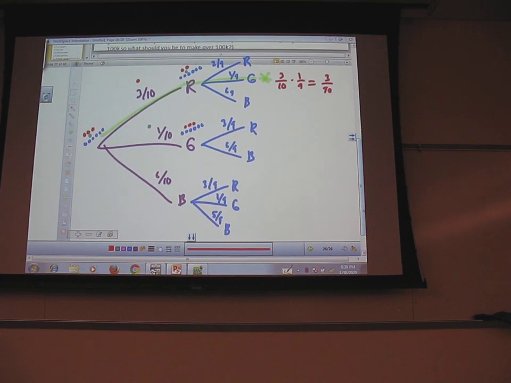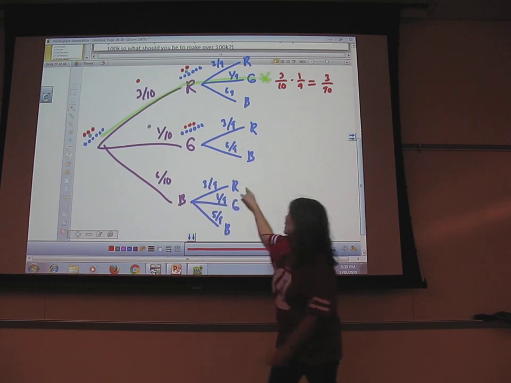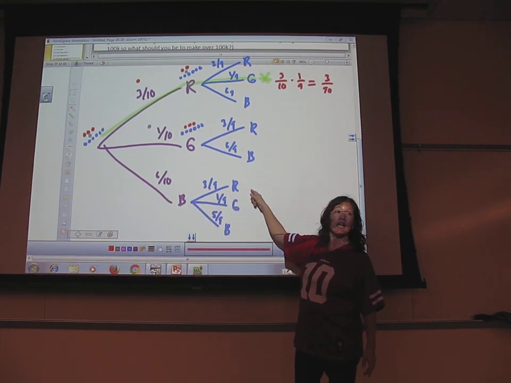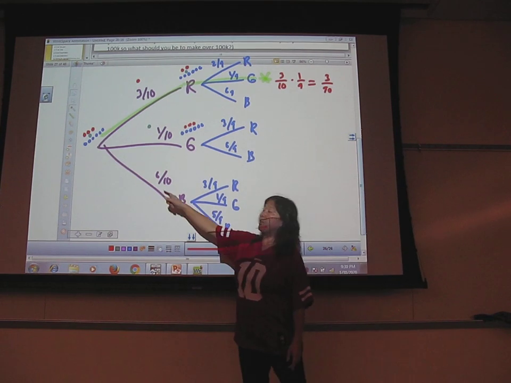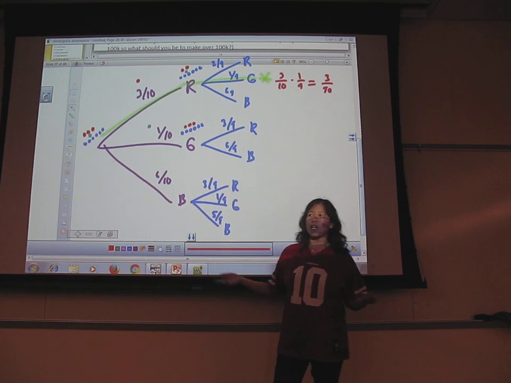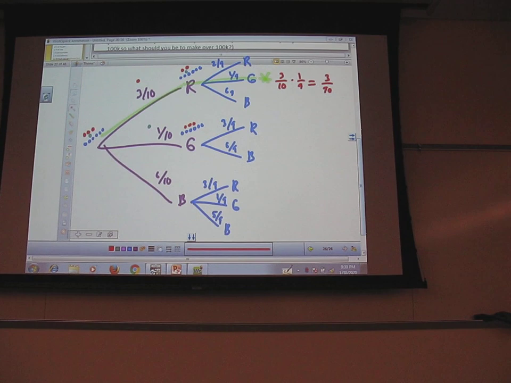Okay, so someone said, you guys focus here. Someone said, well, why don't you multiply these two? That would be the probability of blue then red. Because how do you find the probability of blue then red? The probability of blue has the probability of red given blue. Do you guys remember that? So this is the probability of blue times the probability of red given blue. That's the probability of